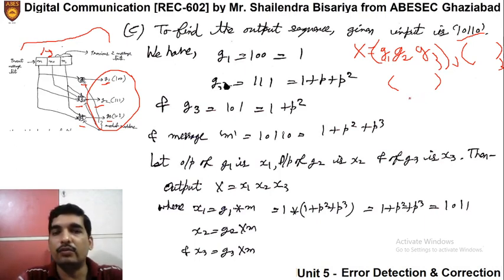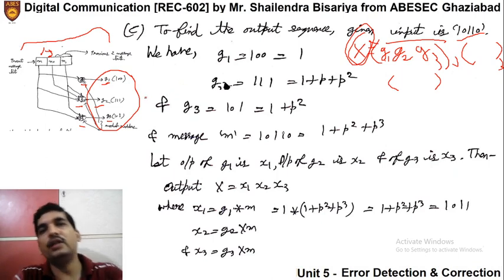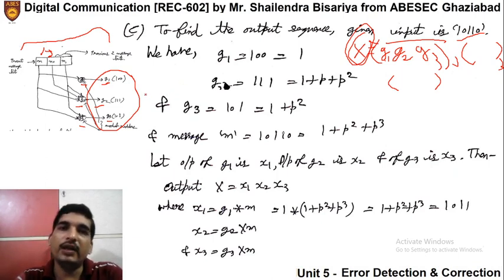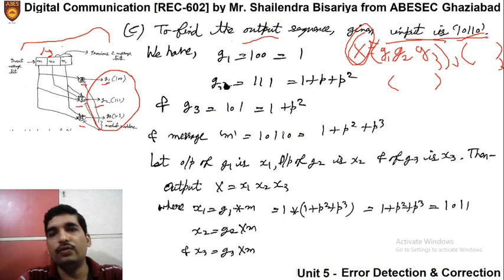But before that, let us first see what this output code sequence X will be based on this analysis. First of all, how will we find that? We will first convert it into polynomial form, and from that we will find the polynomial for the output sequence, and then we will write the output sequence. Let us proceed. Okay, so to find the output sequence, the given input sequence is 1, 0, 1, 1, 0.